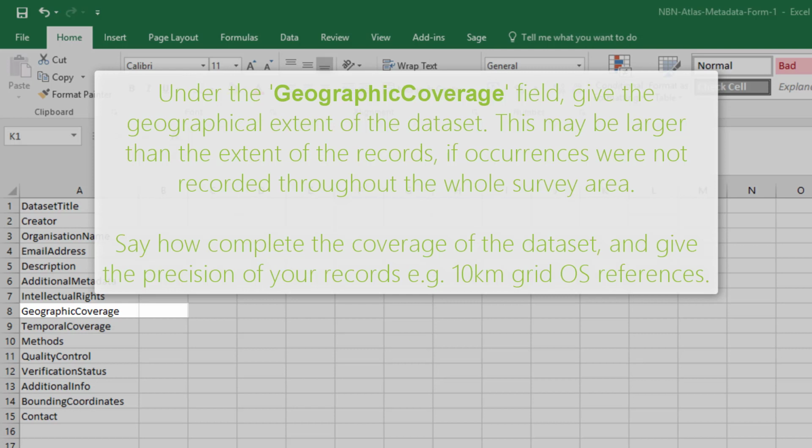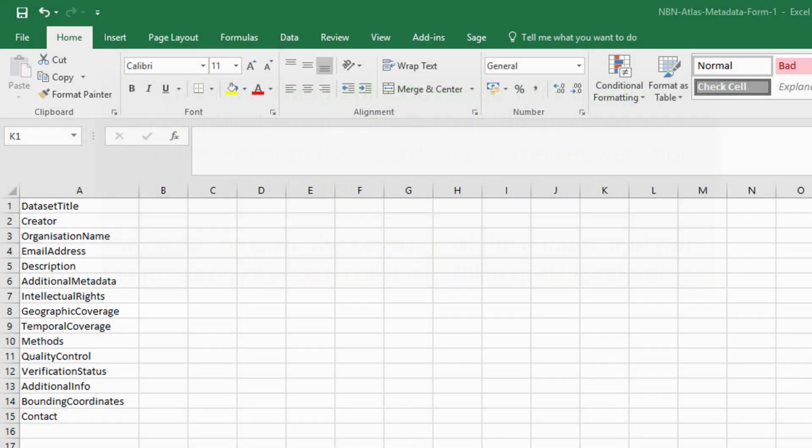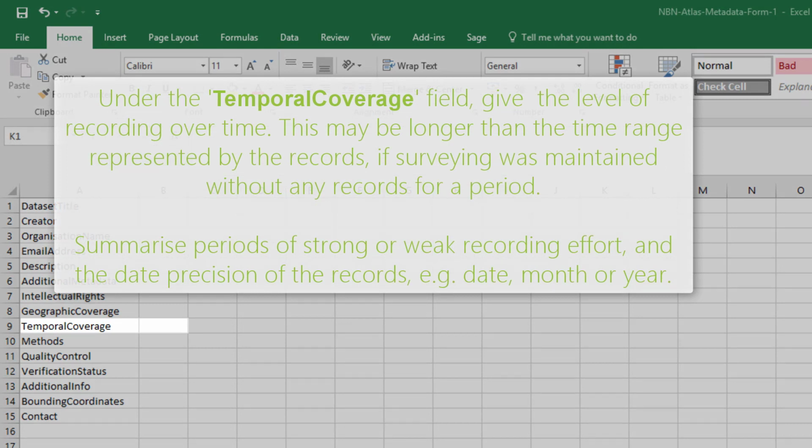This may be larger than the geographic extent of the records themselves, if occurrences were not recorded throughout the whole survey area. Give a summary of how complete the coverage of the dataset is, for example, any bias towards populated areas. Also summarise the precision of your records, such as 10 km OS grid squares. By the ninth row heading, Temporal Coverage, give a summary of the level of recording over time. This may be longer than the time range represented by the records if surveying was maintained without any records for a period. Summarise any periods of strong or weak recording effort and the date precision for these records, for instance,